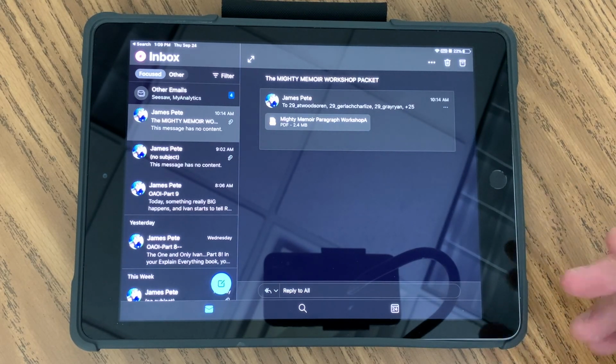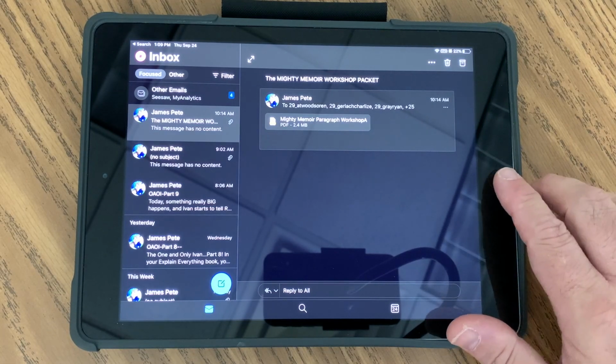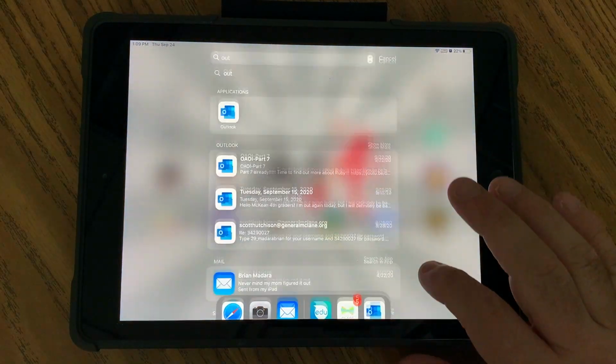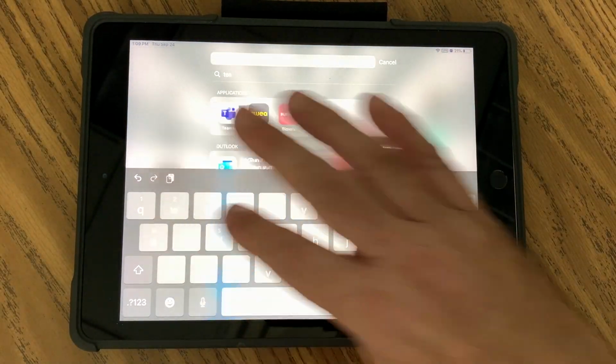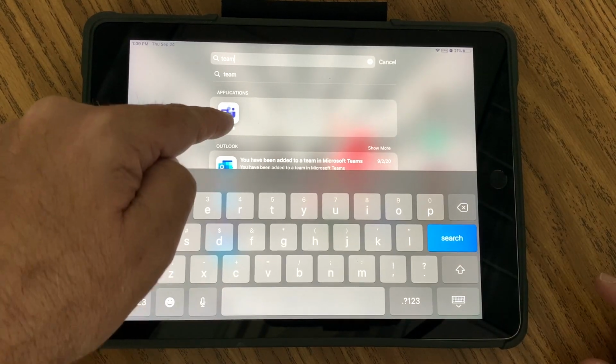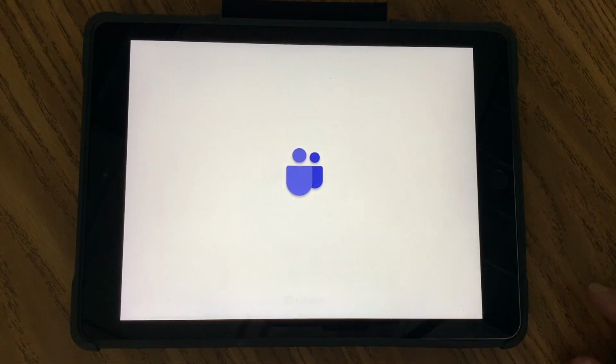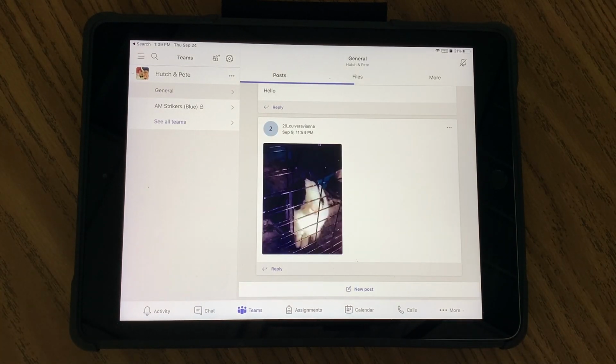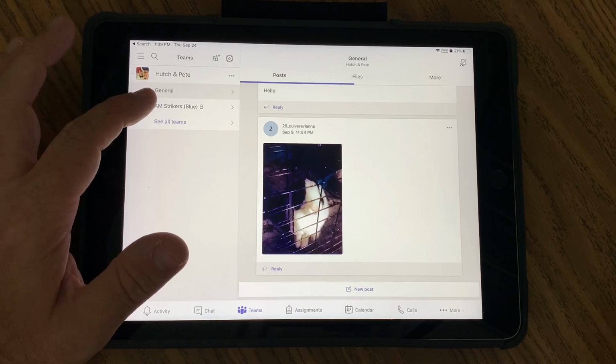The other thing that we use to communicate with the students, and this is a really neat item, however, there are definitely rules for that, is this app. It's called Microsoft Teams. It is the purple app with a T on it. You go ahead and click that. And the first thing that you need to know about this is that the students are told right away that they are not allowed to communicate with other students with this in any way. They can't use Hangouts, they can't do videos, they can't do anything. The only thing that they can do with this is when they're in class, they can communicate with their team,